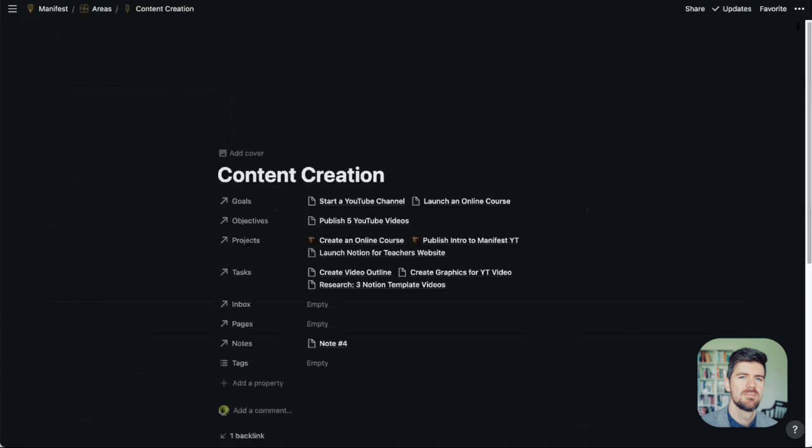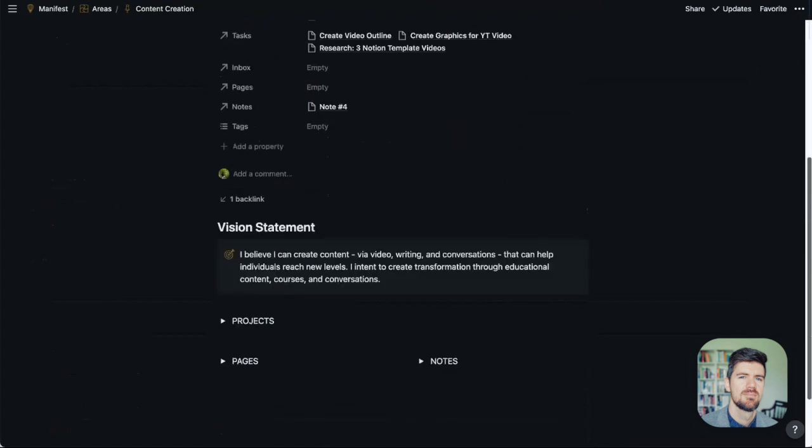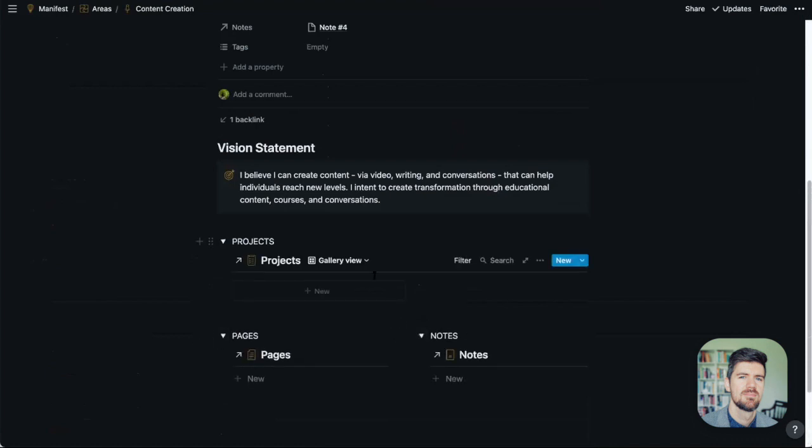If we didn't take a look at the areas, just to quickly open this up, it's very similar to projects. The only distinction is we start with this vision statement particular to this area, and you have a space to visualize what projects you are pursuing within that area.